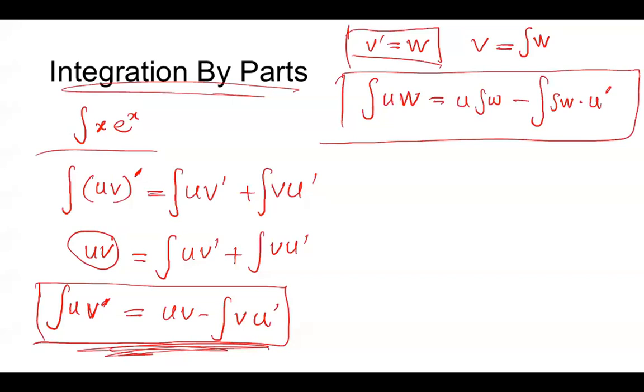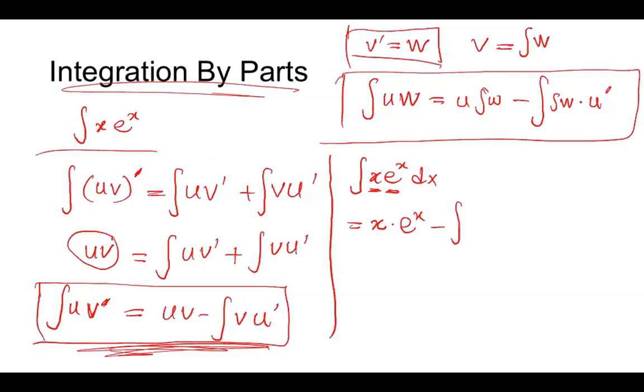Just a quick example. I'm sorry, I'm rushing because of the time limitation. So let's try to integrate this function very quickly: x times e to the power x dx. To integrate, I'm going to write, this is the first function and this is the second function. According to the formula, I write the first function as it is, and then multiply with the integral of the second function, which is the integral of e to the power x, the same thing, e to the power x, minus